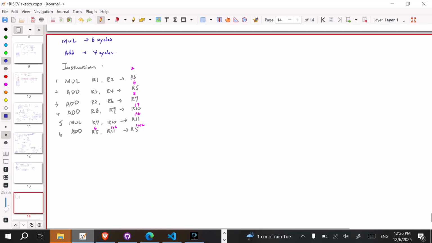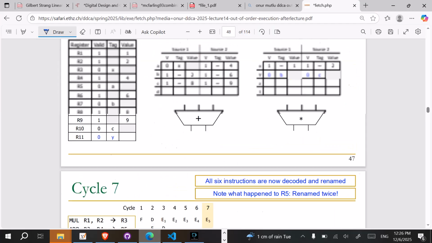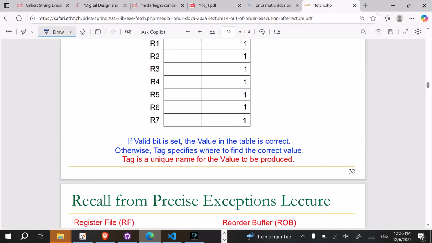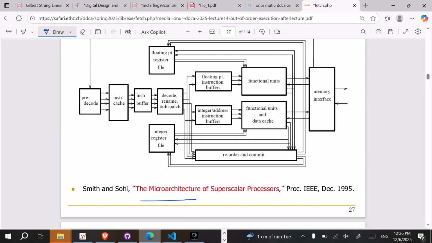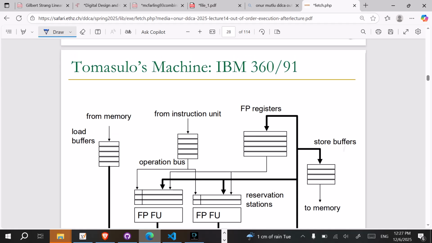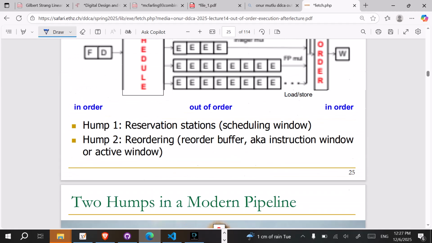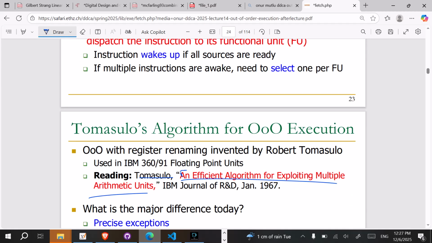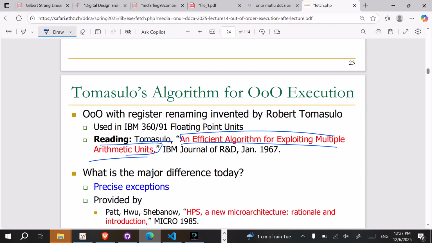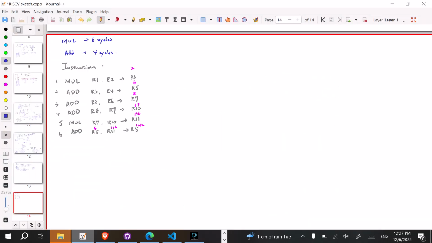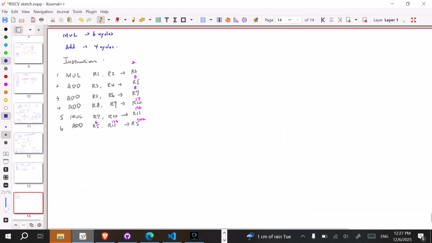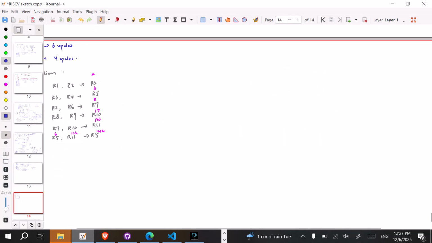And if you actually read the paper for this bit, the efficient algorithm for exploiting multiple arithmetic units by Tomasulo, you can end up seeing the out-of-order setup. You can actually end up seeing this similar setup, which is having the different units. So we kind of say that it's natural to have